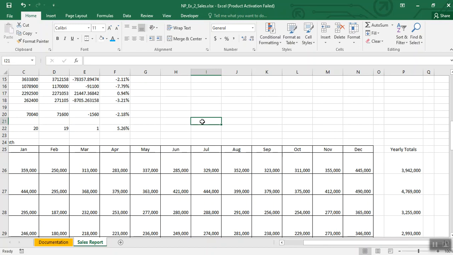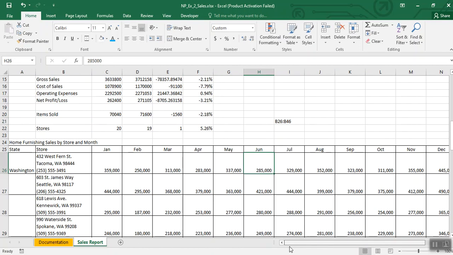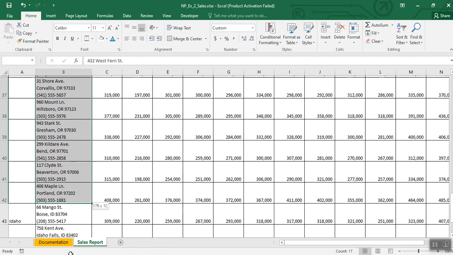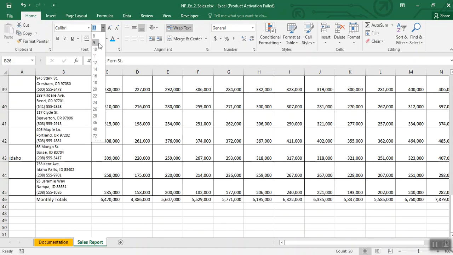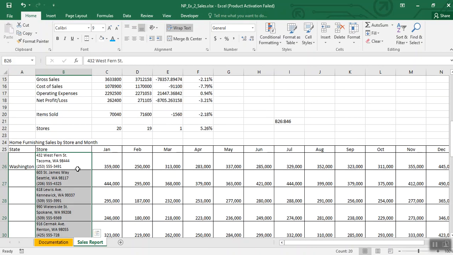Next step, B26 to B45. Highlight all this, down to B45, and then what are we going to do? Reduce the font size to 9 points. So I decrease the font size, guys, to 9 points. Next one is